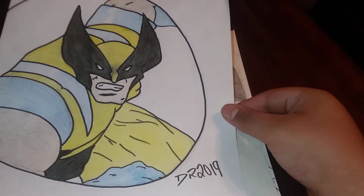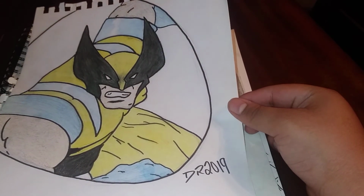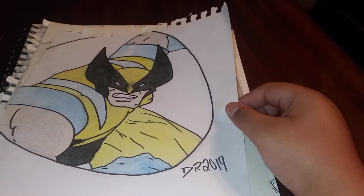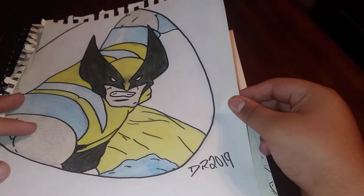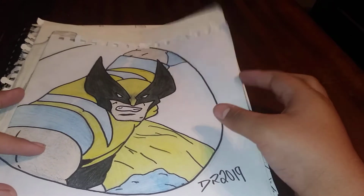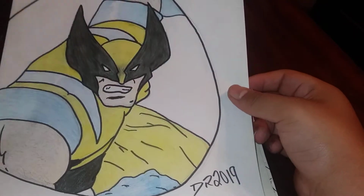Yeah, I did Wolverine, but as you can see, the hands aren't there, and that's because I am not good at drawing hands. Although I do recommend you should practice it, which I do want to do. At the time of this one, I wasn't good at drawing hands, so I didn't add the hands to this drawing. So I just added a circle around it to cut it off,